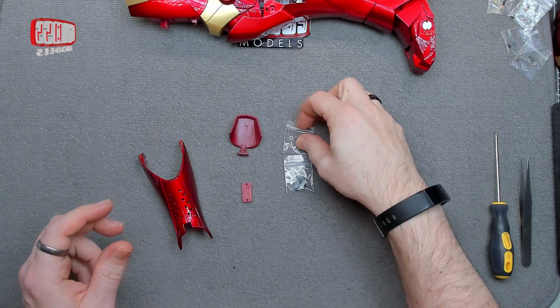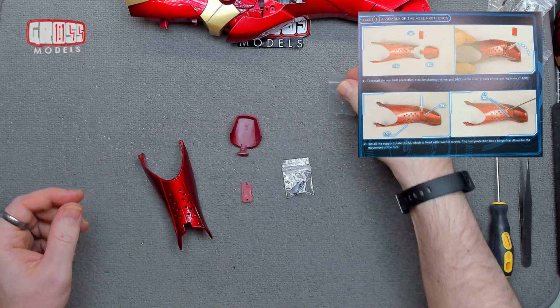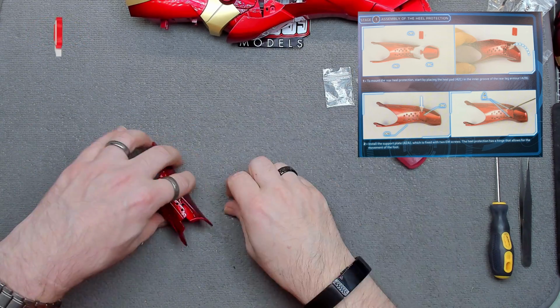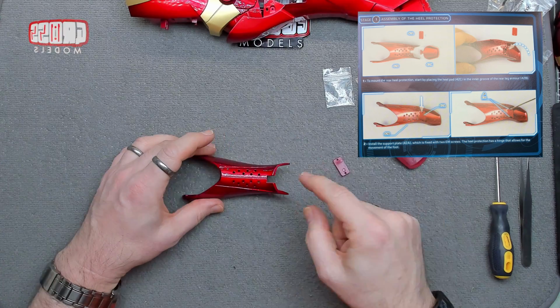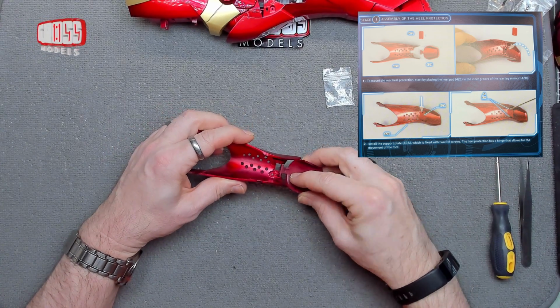Right, so we've got what looks like an empty bag but isn't. This has got the friction discs in it. You can just about see them in there. Screws and these. So we're going to be doing this bit first. This is basically exactly the same as we did at the front, but on the back. So this is going in there